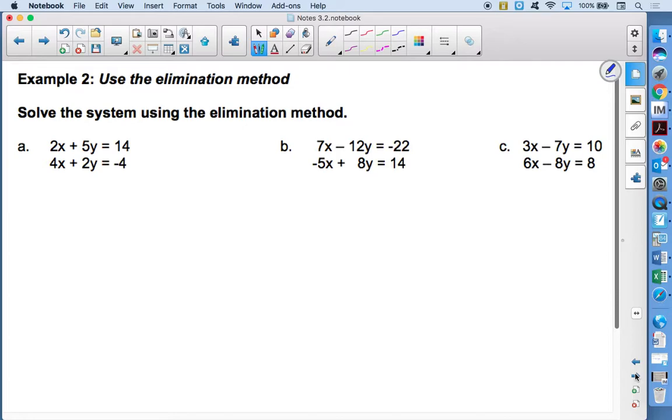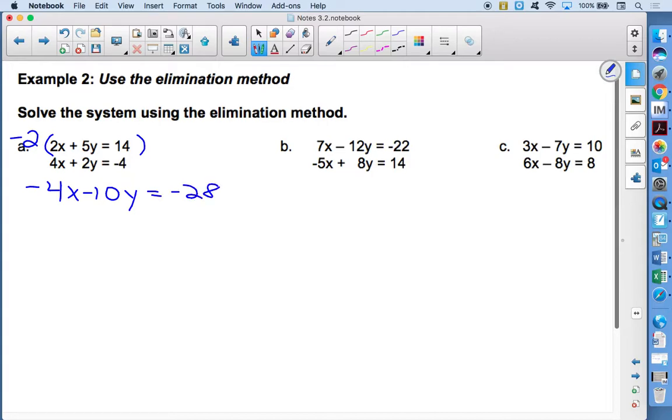I would multiply it by two. Okay, so he said he's going to multiply by negative 2 and positive 5, which is fine. If you only multiply the top one by negative 2 because you want to save yourself a little bit of work, then you can eliminate the x's instead of the y's. But you kind of just decide you're going to get the same answer. So Ethan, it's okay that you want to multiply the top one by negative 2 and the bottom one by negative 5. Or if you just want to do one step of multiplication,